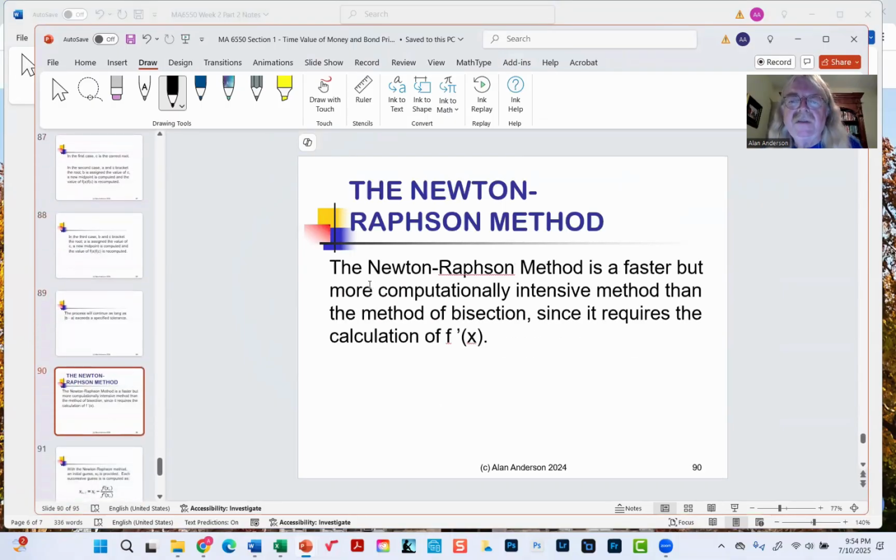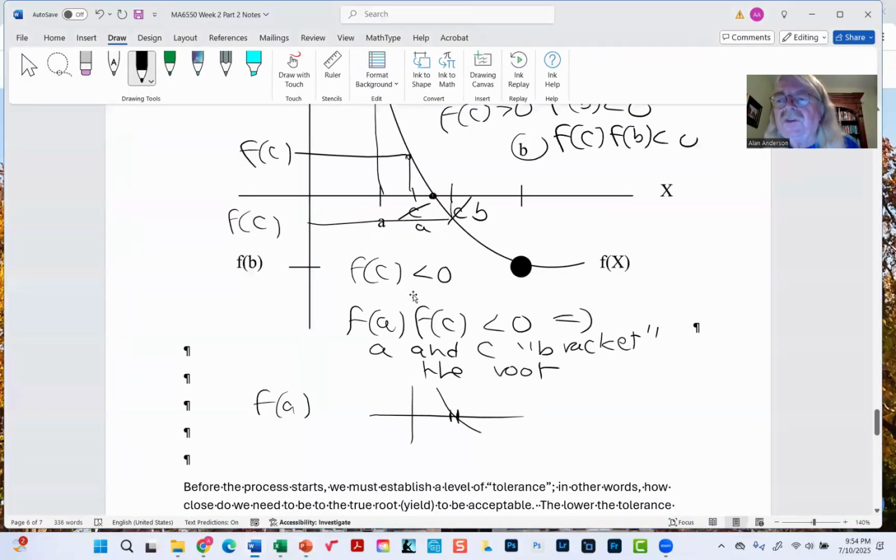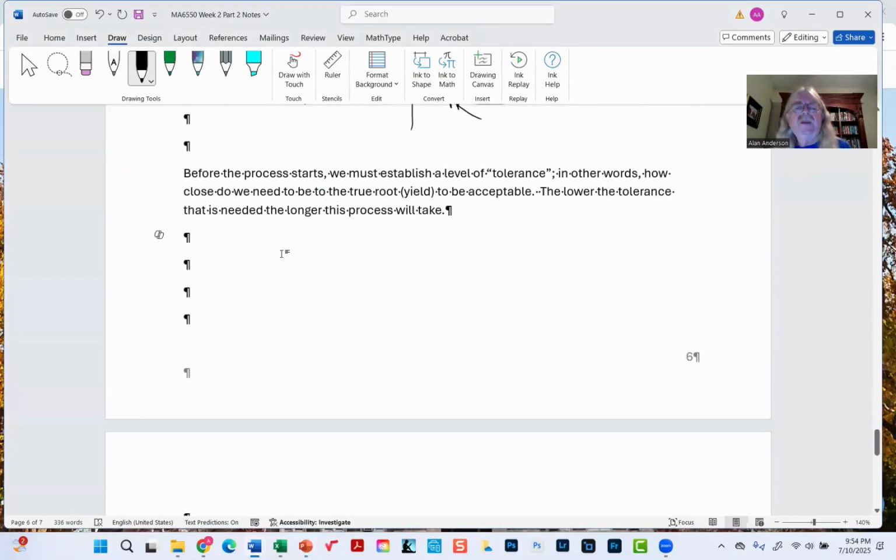Now, Newton-Raphson, by the way, that is Newton, our old friend Newton who invented calculus and half of physics, I guess. Newton-Raphson is very powerful, but it does require us to calculate the first derivative of our function many times. Now, that could be a real problem here, because one of the unfortunate things about the price yield curve is that the price yield curve is not an observable function,